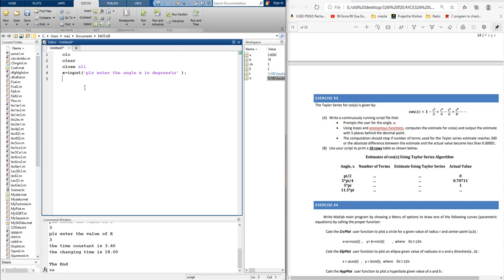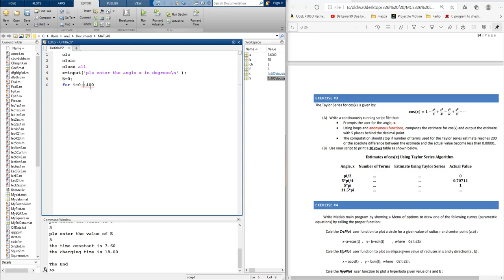So what I will do, guys, I will define the value of the cosine estimate, say e, at the beginning equal to 0. Now we have to use a for loop. Say I have a counter named i, equal to the start point 0, and it will go to 400,